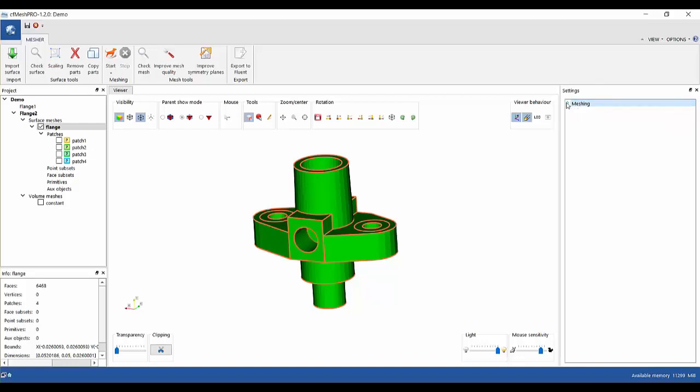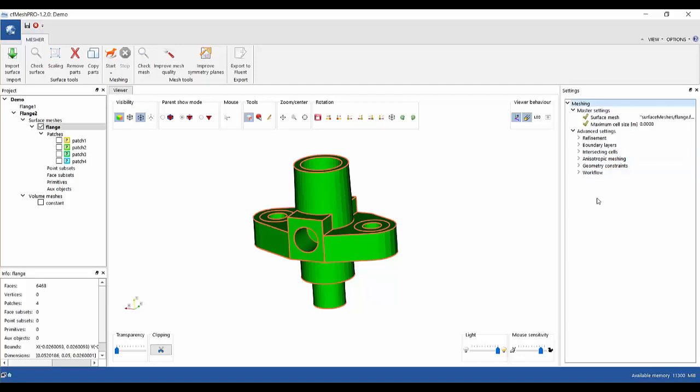There are two groups of settings available in CFMesh Pro, the master settings and the advanced settings. The master settings are the only settings which are really necessary for the meshing procedure to run. These are the surface mesh specification and the maximum cell size setting. In many situations, a valid mesh could be obtained by using only these two parameters. However, one would need to use the advanced settings to navigate the meshing procedure to generate more sophisticated meshes with